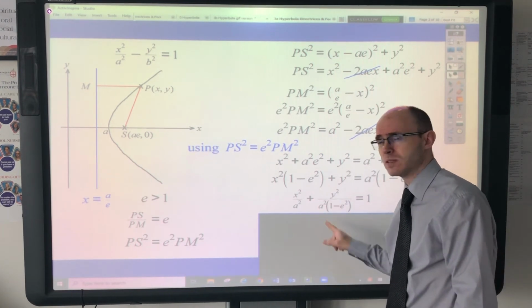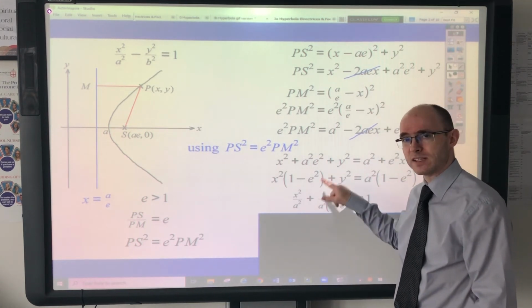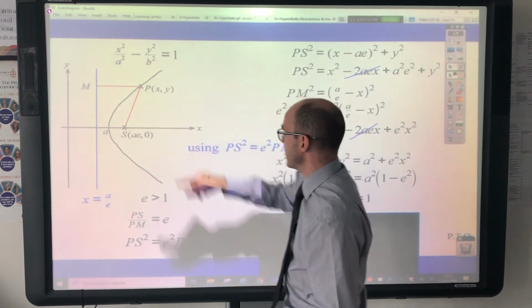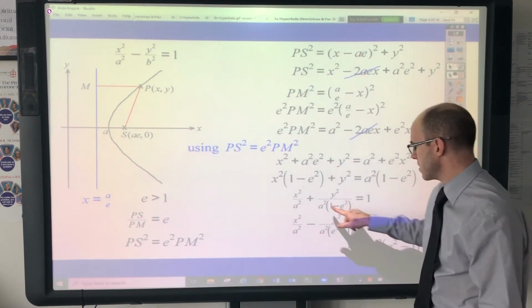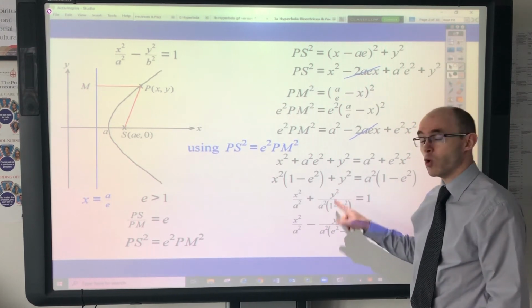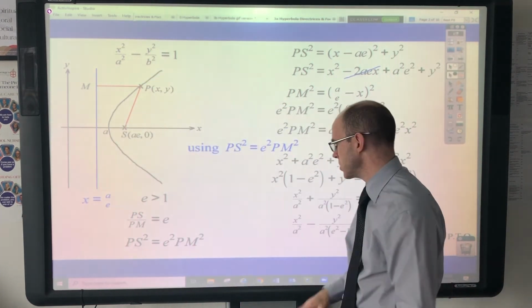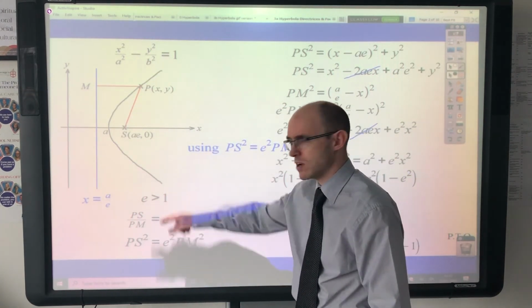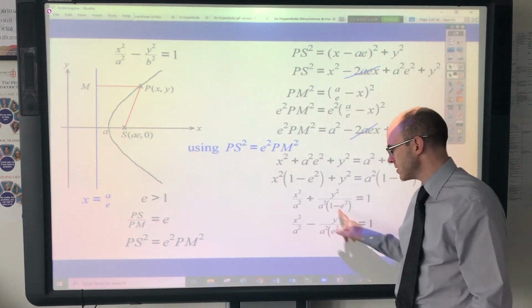So what we're going to do is multiply top and bottom of this fraction by -1, first of all, to get it in that form there. So doing that, let's just get rid of this. Doing that, we're going to get negative y squared over a squared e squared minus 1, written like this. That way it gives us something in that form. But the reason we're doing that is because e is always greater than 1. Even in this new form, when you check, e has got to be greater than 1, so this bit here,